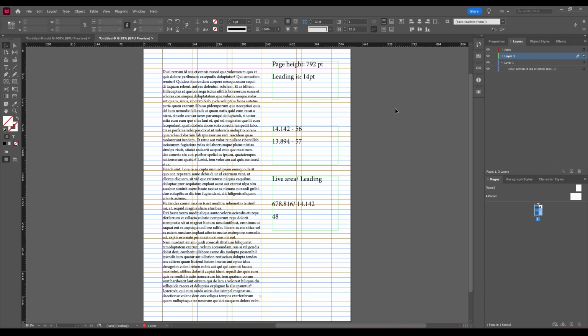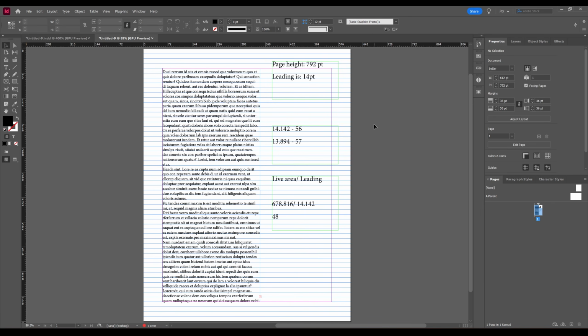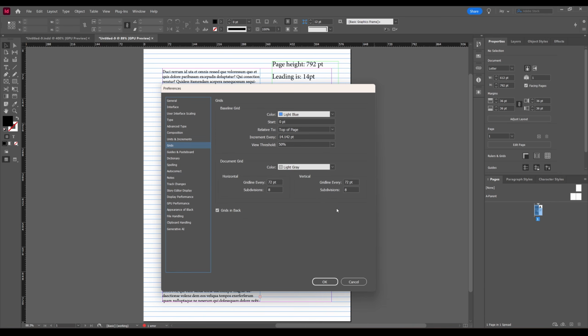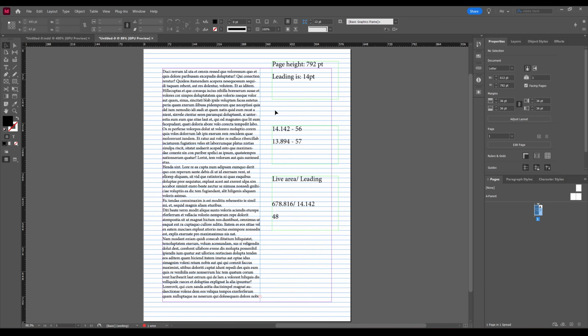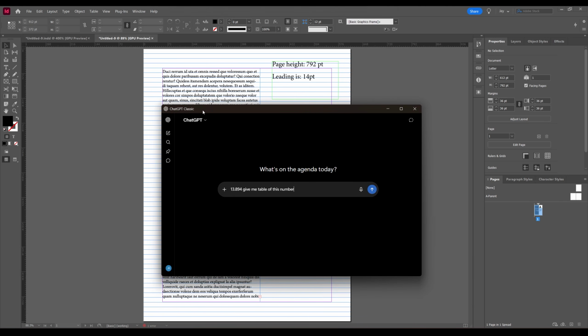I'll copy it. After this, I'll disable this grid. I'll select the text box and the text. I'll enter this as a leading. I will go to the settings, hit Control K, Grids. Then I'll enter this value, hit OK. After this, now we have to find the right number for the